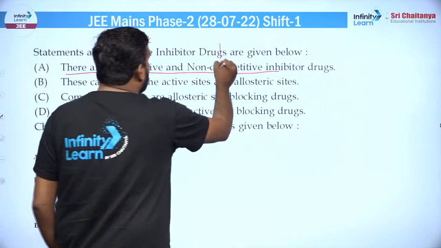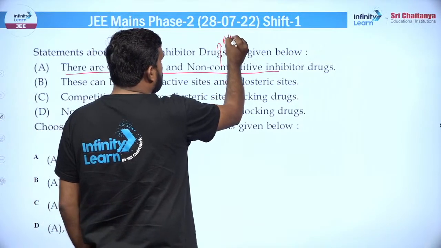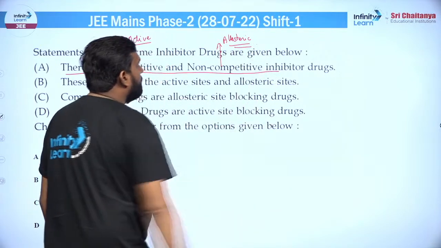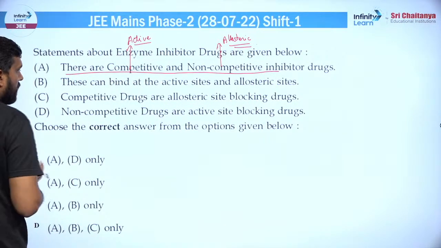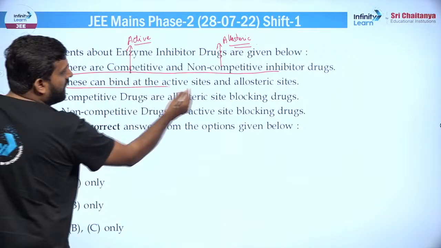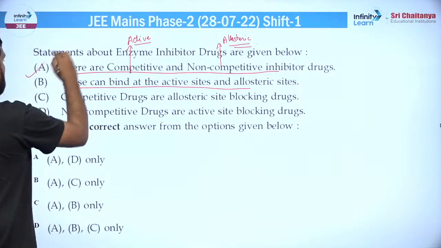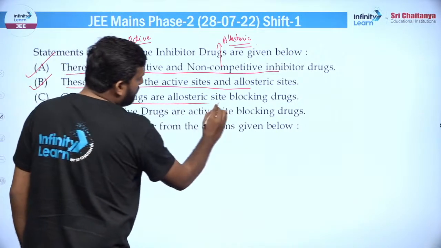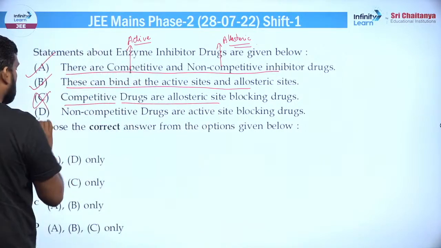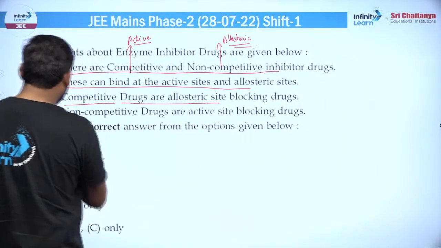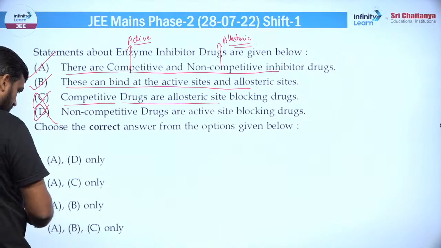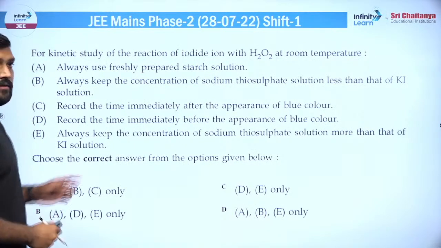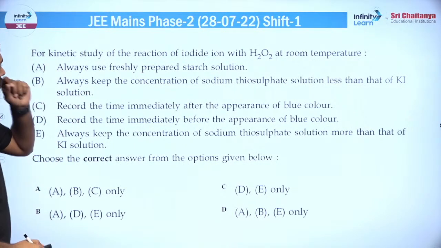रहा है, नॉन कंपिटिटिव कोई एक्शन नहीं करते, वो किसी दूसरे साइड पे जाते हैं और उसकी वजह से तुम्हारा काम बिगाड़ देते हैं, ठीक है, तो ऐसे होता है ये। तो चलो, दिस कैन बाइंड टू एक्टिव साइड एज वेल एज द एलोस्टोकिक साइड, दोनों सही है, पहला दोनों स्टेटमेंट। एक्टिव कंपिटिटिव ड्रग्स आर एलोस्टोकिक साइड ब्लॉकिंग, नहीं ये एक्टिव करते हैं। नॉन कंपिटिटिव ड्रग्स आर एक्टिव साइड, नहीं ये एलोस्टोकिक करते हैं, तो सिर्फ 2 स्टेटमेंट सही हैं, ए और बी, ठीक है।